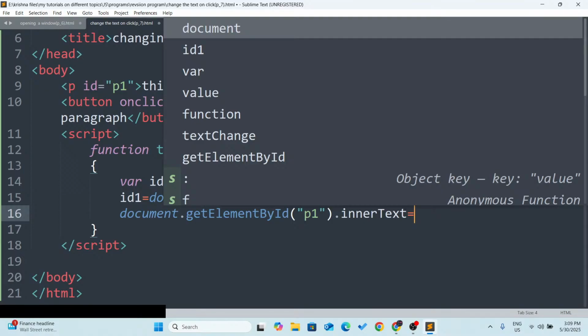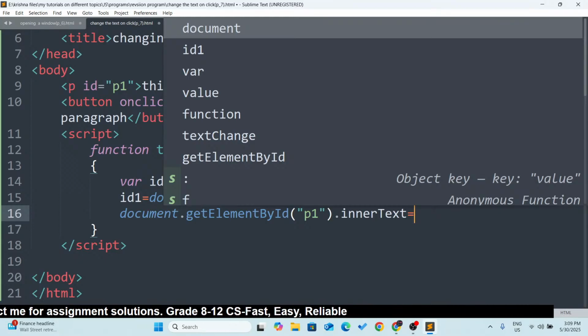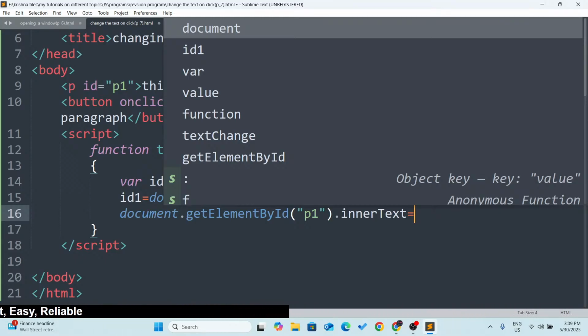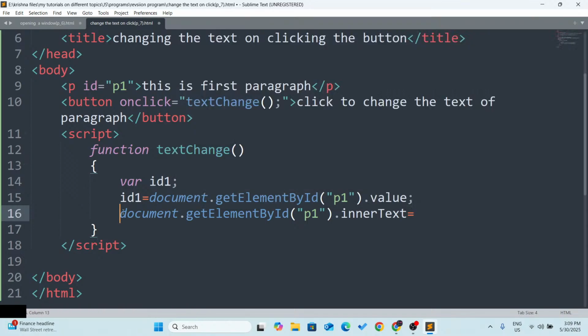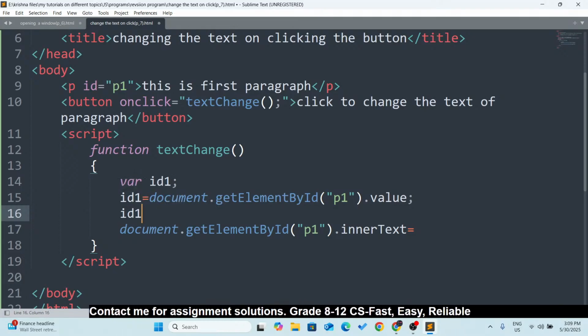We have to replace the content with any other one. Yes, so what we can do, id1 equals to